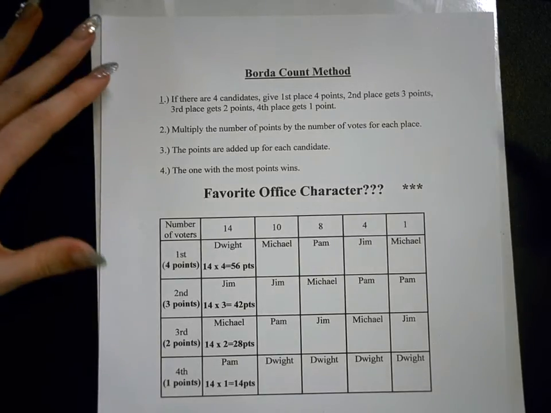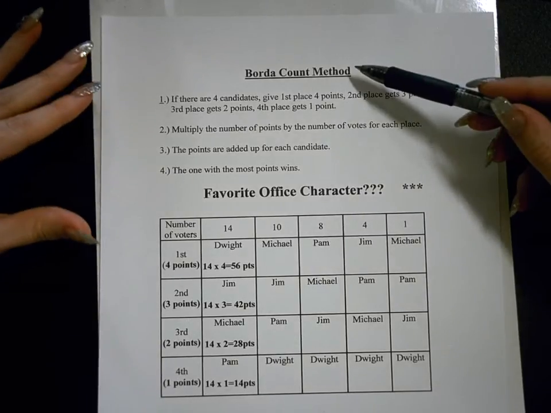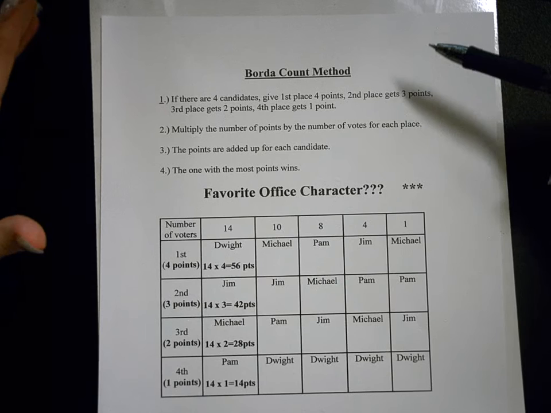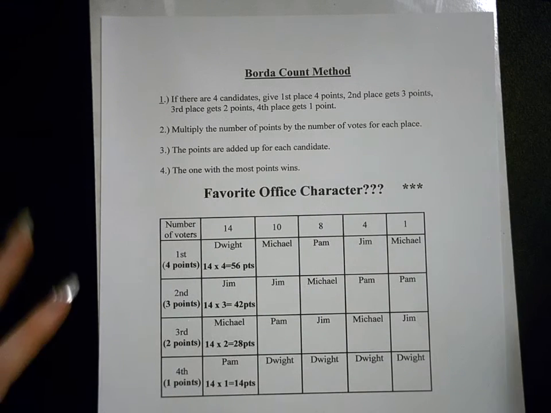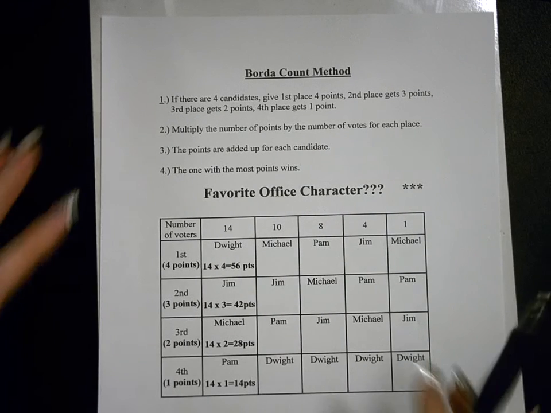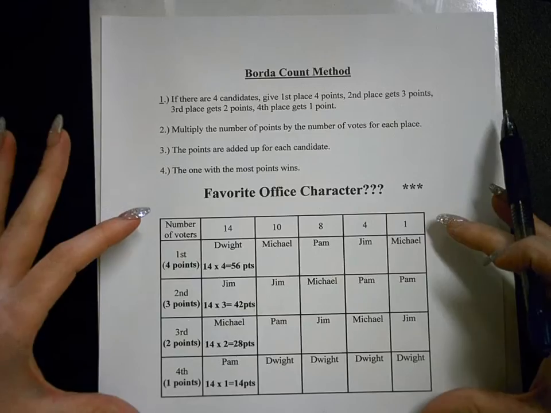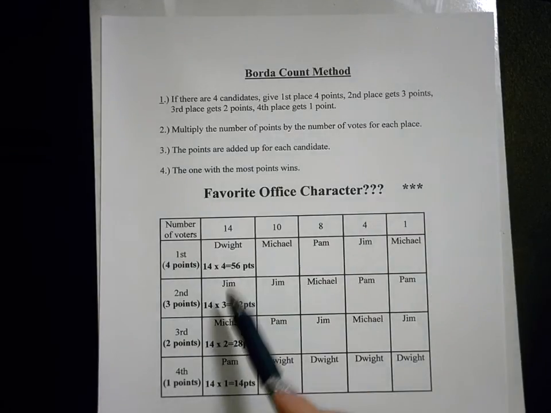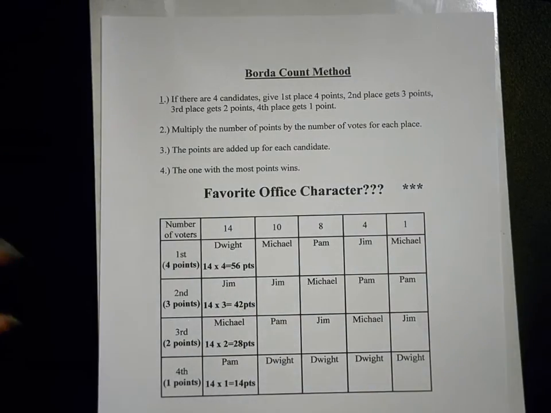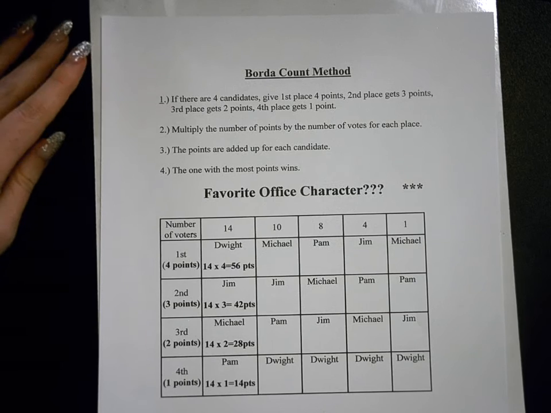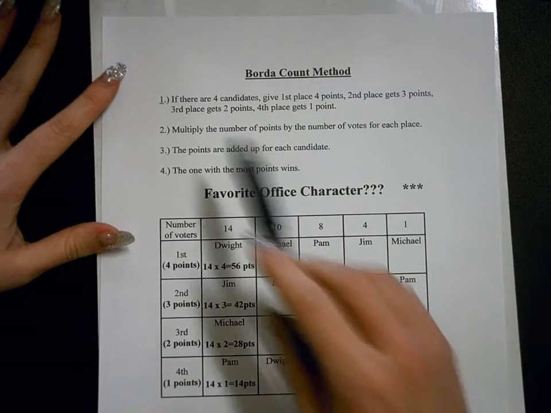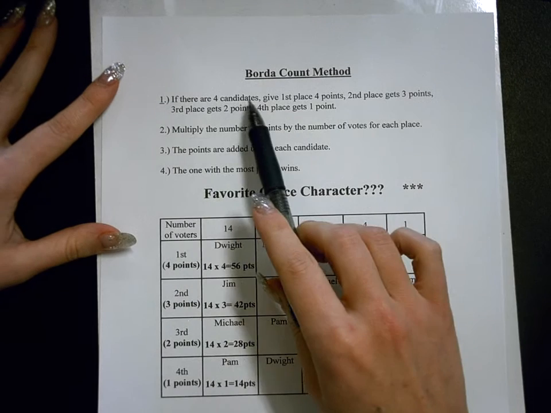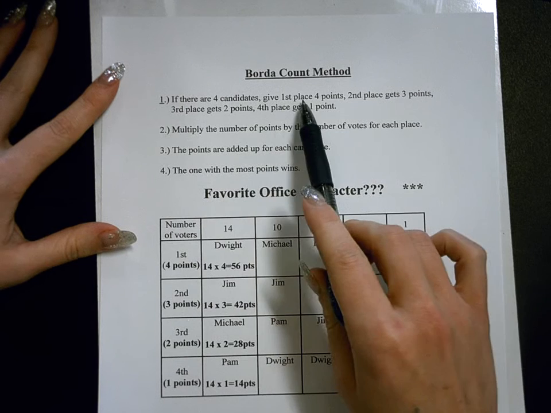The next counting method we are going to discuss is the Borda count method. Now this method involves assigning points within a preference schedule to each cell within the table. Now how you determine the points awarded, well, look here, if there are 4 candidates, whoever's in first place gets